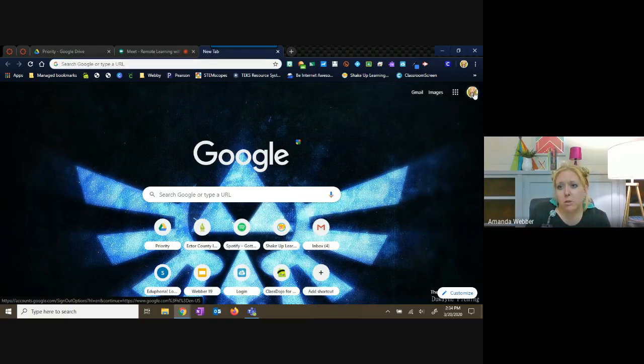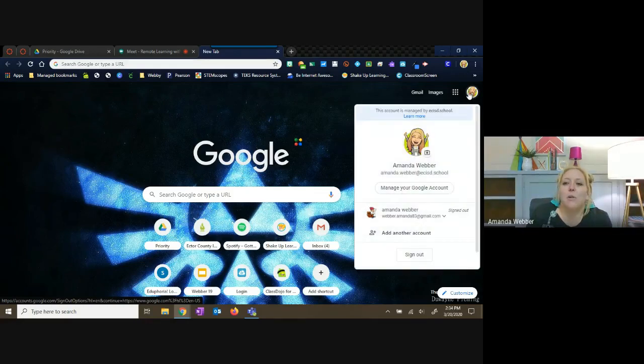So when I click that little icon, there it goes. When I click that, you can see there's my personal account, there's my school account. What might have to happen, and you can advise your students on this, is they might have to click this to sign out of all of the accounts, close the browser, open it again, and sign in strictly with their ECSD